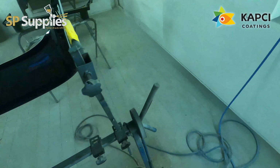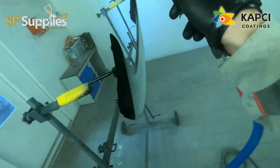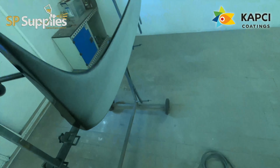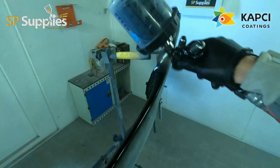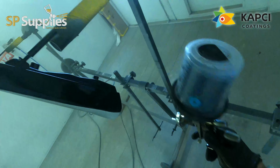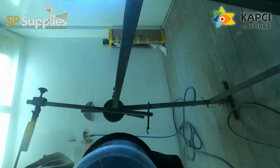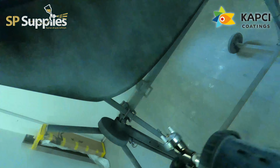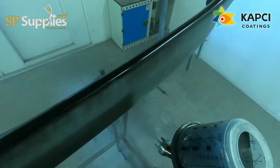I'm looking on most jobs that we do on a day-to-day basis for that flatter finish anyway, so I'm quite happy to lose a couple of mil of paint to a little bit of overspray. It's not going to cost me the earth at the end of the year. If I went to a gun that's going to save me a lot of paint,